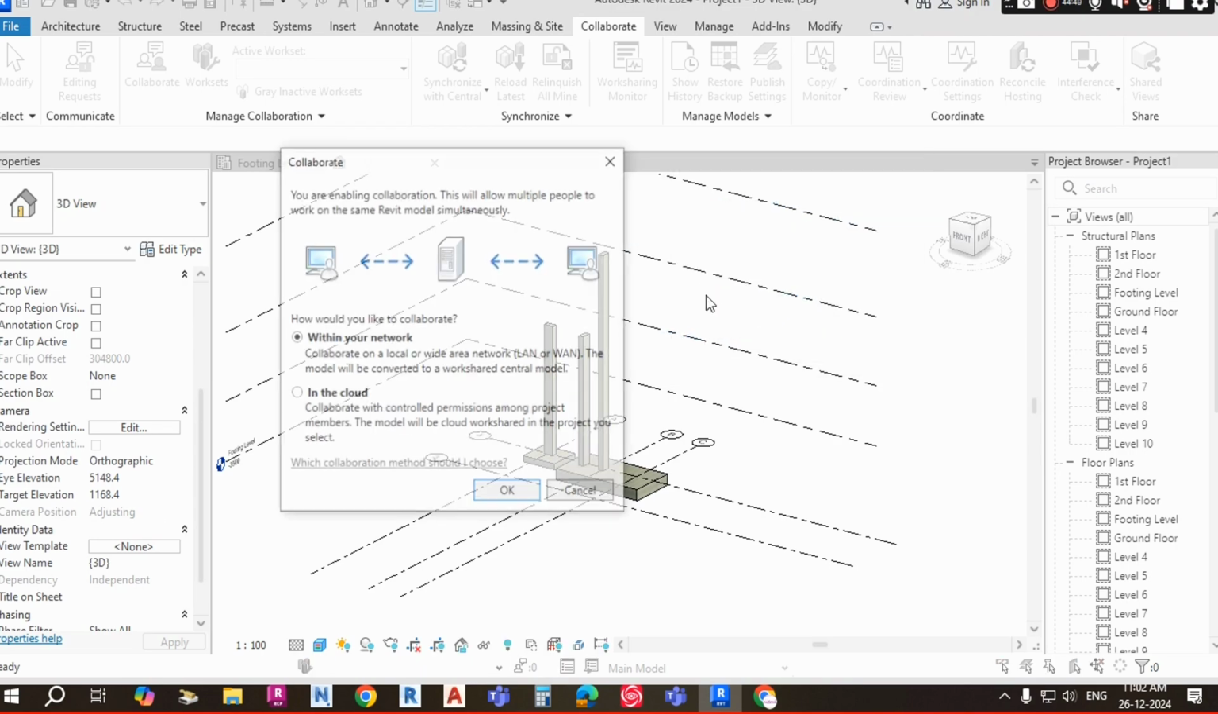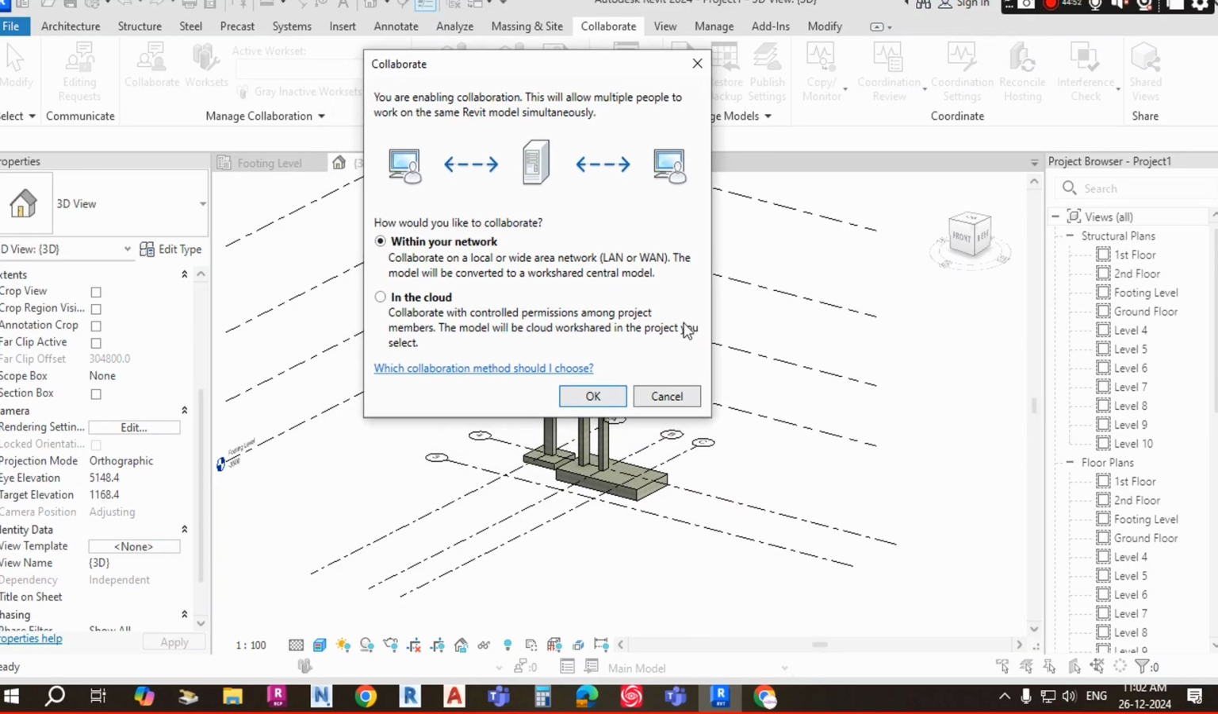After saving and clicking the model with continue, one more palette is also going to appear, and this palette is going to show within your network. Within your network means your office network. If you are working in your office only, on a LAN or WAN connection, then it will be within your network. Now this file has been saved here within a LAN network. Here the server is there, so through this server this person can access the file, and this person can also access the same file. If you say no sir, I want to work online on the cloud server, then